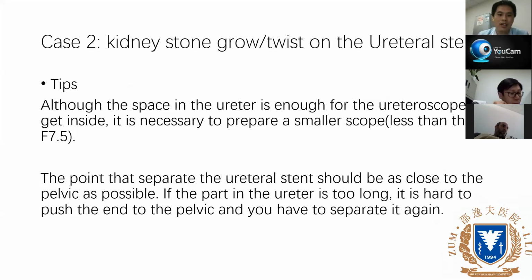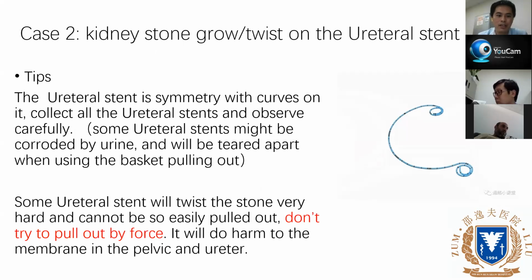So if you pull out all the stents, remind that the ureteral stent is symmetrical with curves on it. Collect all the stents you pulled out and mix them into one stent, and you can check whether there are some pieces left in the pelvis. Sometimes the stents might be corroded by the urine or be torn apart